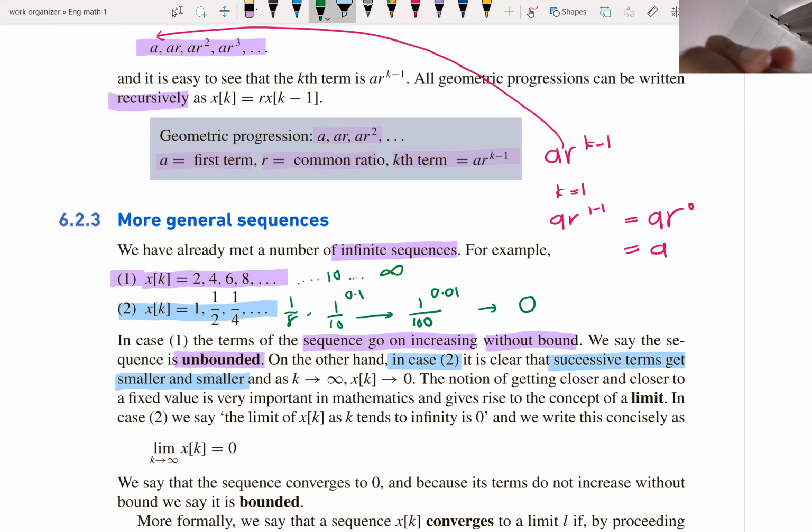So here it says that as k goes to infinity, the function lastly will be equal to 0. The value will be equal to 0. This is where the concept of limit comes in. So in case 2, the limit of this function is equal to 0. How to write it is we just write